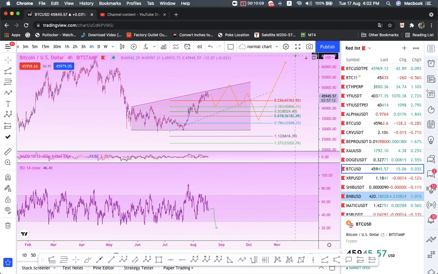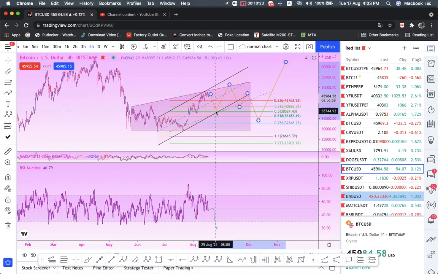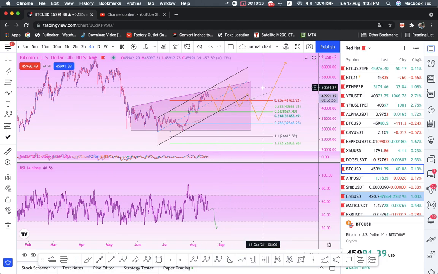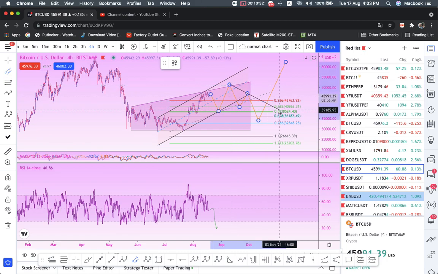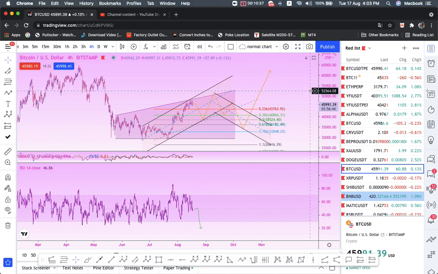All right, so this is the bullish chart, which means this move here is some kind of a leading diagonal, guys. Some kind of a leading diagonal, just like that. So this one here could go really deep, like this one here. So it totally makes sense, like this one here ends up making some kind of a bull flag, and then we go up. So this is the scenario that I'm looking at right now.